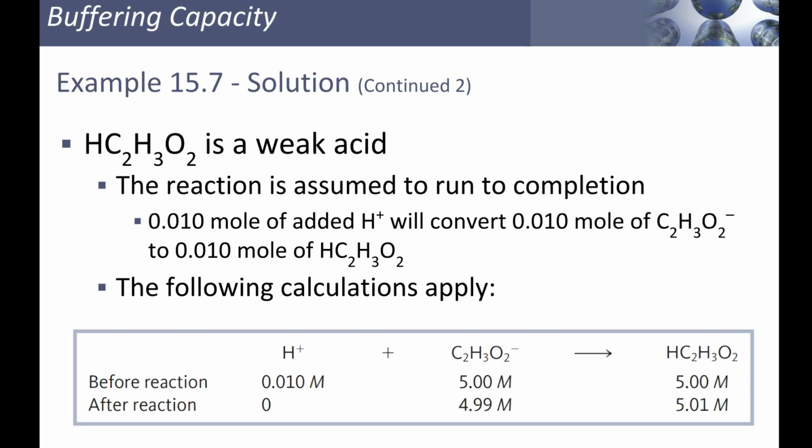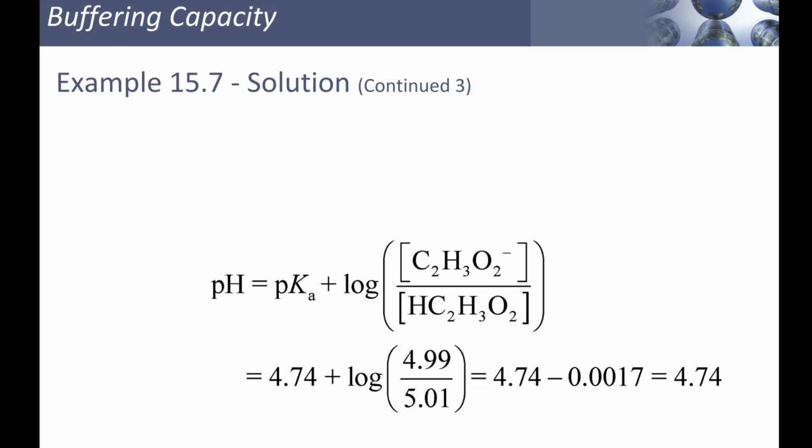So 5.01 molar is your acetic acid, 4.99 is your acetate. Okay? Now you have a new concentration of the base and the acid, right? 4.99 and 5.01. Even though you added this very strong acid,